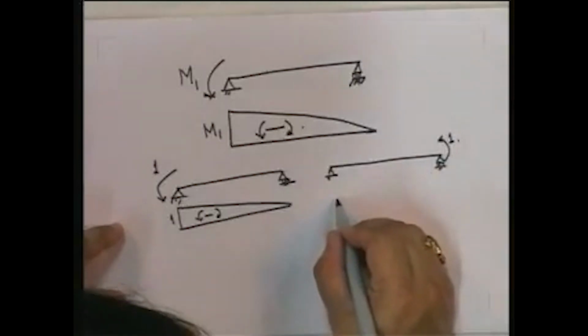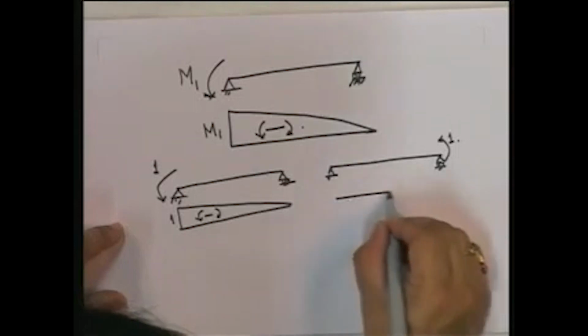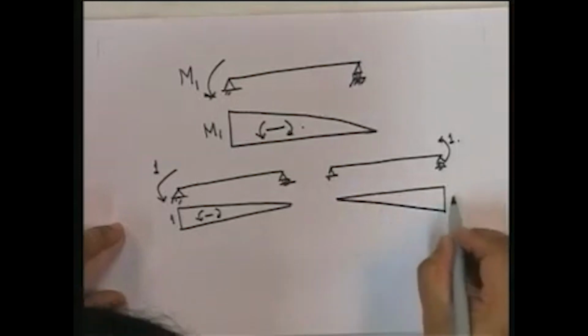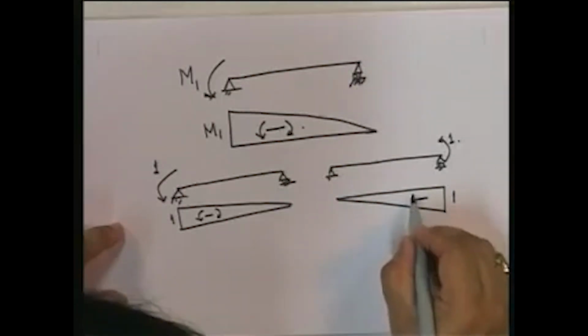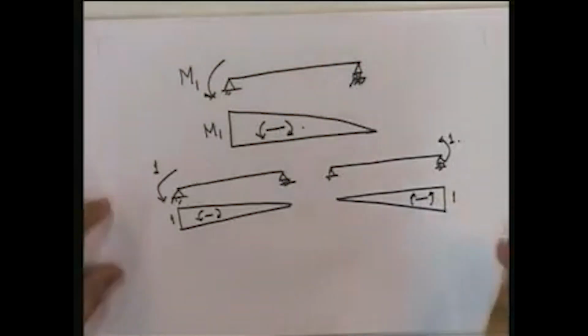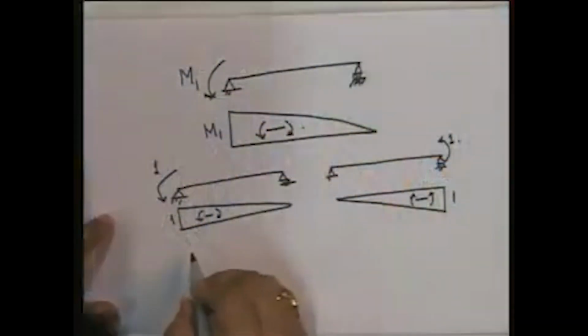The bending moment diagram will be, okay. So these are the bending moment diagrams, and then all I need to do is to calculate theta B,